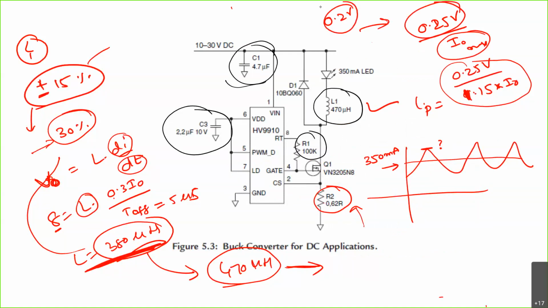Got it? This current sense has two voltage levels, either the external one that you give or the internal one, which is 0.25 volts. If you give the external one, you divide that external voltage by this I naught maximum. If nothing is given, then it is the internally generated 0.25 volts. Based on that, the R2 value will be determined.